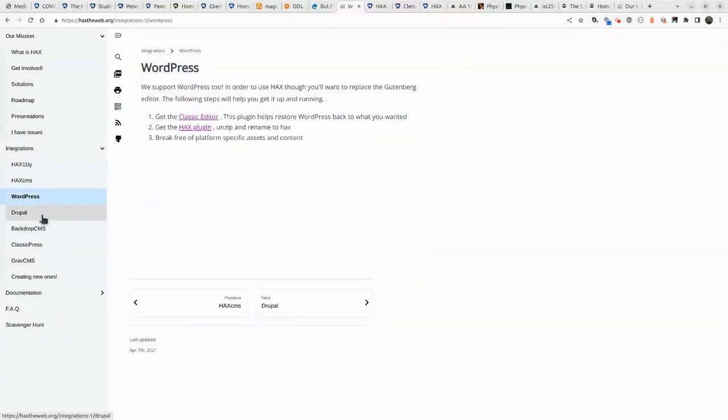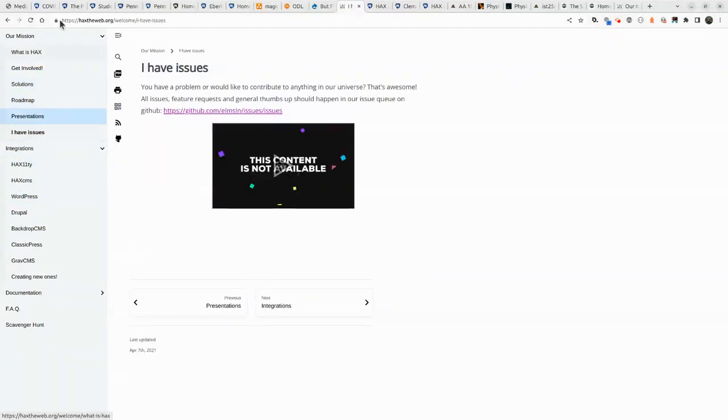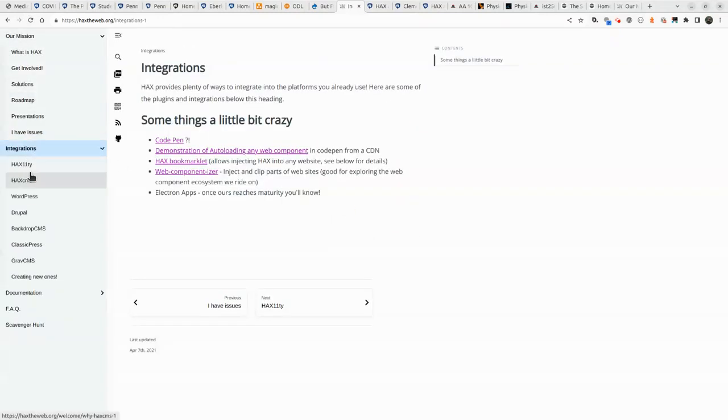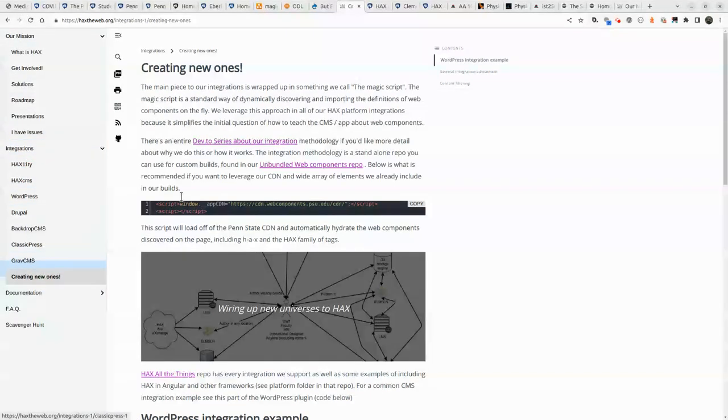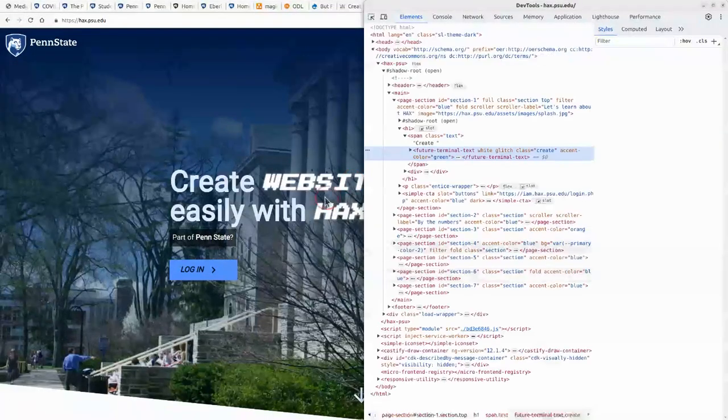In this case, the hackstheweb.org website loads lightning fast because of this approach, even on a subsequent reload, because it's using the content delivery network that we've been discussing. Here you can see we even tell people how to wire up to the content delivery network to power their universe. Or the hax.psu.edu website that's built using assets that are off of that content delivery network, leveraged over and